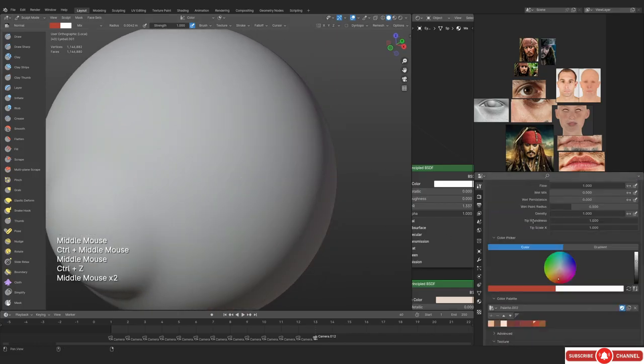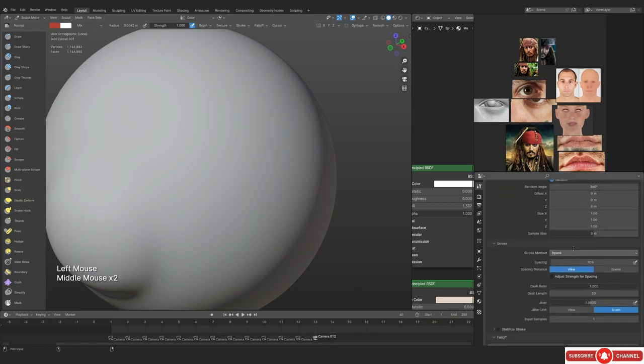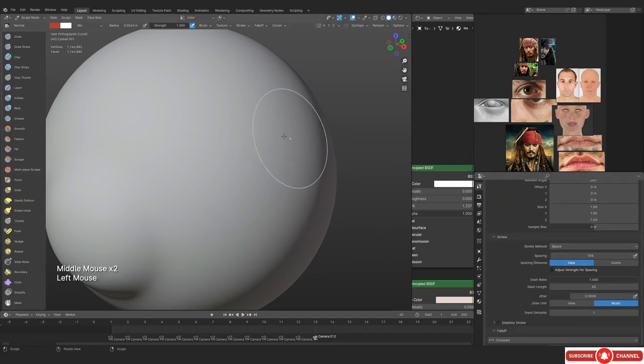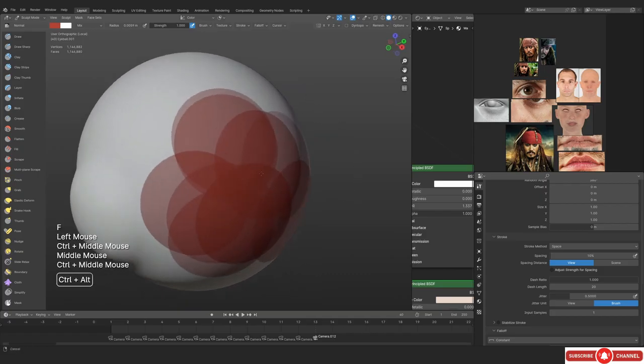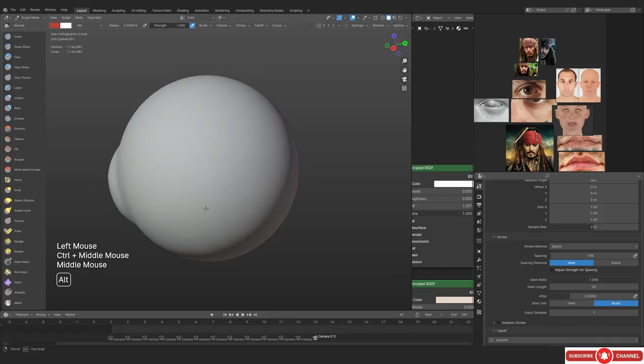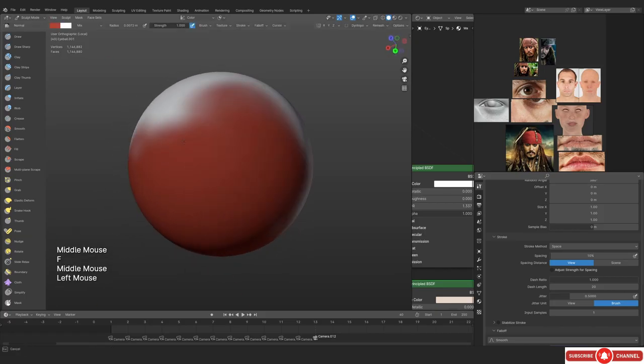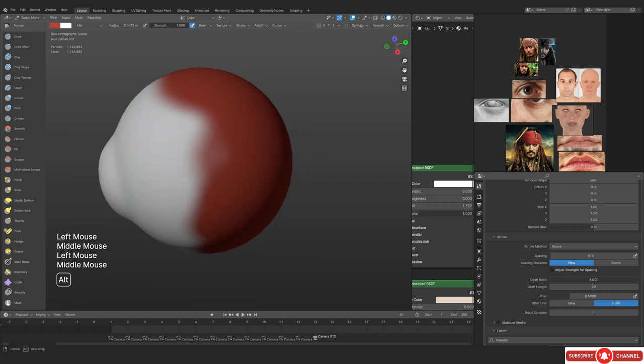By the way, this is the alpha that I'm using. This alpha is literally from Photoshop. In this case, I don't think that I'm gonna be using it, by the way. But just in case you wanted to know, I've literally just exported the alpha from Photoshop. But now let's just talk about the process.